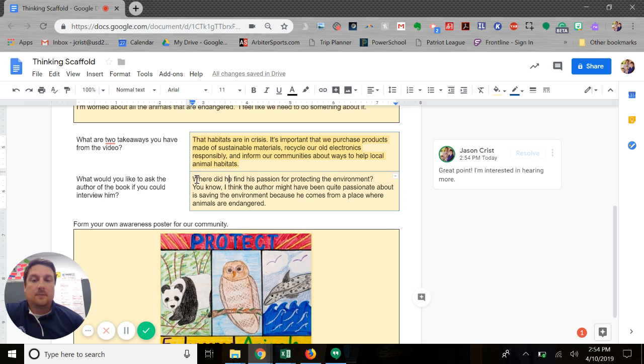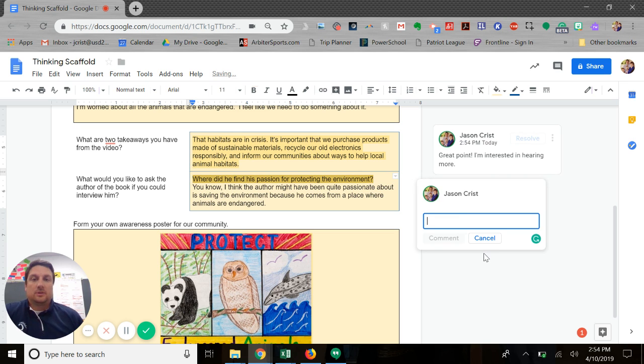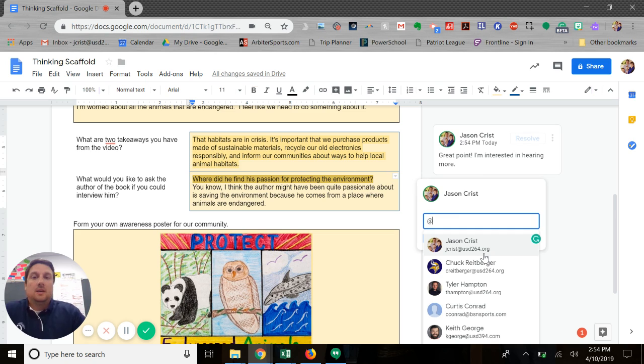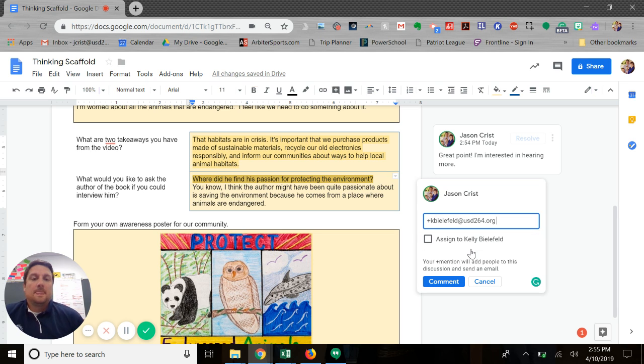One of the cool things that's recent is you can actually tag people inside of Google Docs. So let's say, for example, I want to assign or have Mr. Bielefeld's attention drawn to something in particular. And this could be inside of his document, or depending on if you've got a team or a collaboration of things going on. So you start with the @ symbol, and then you start to see some web addresses here. And so you do it by their email address. And so it adds them to this comment, and then you can make the